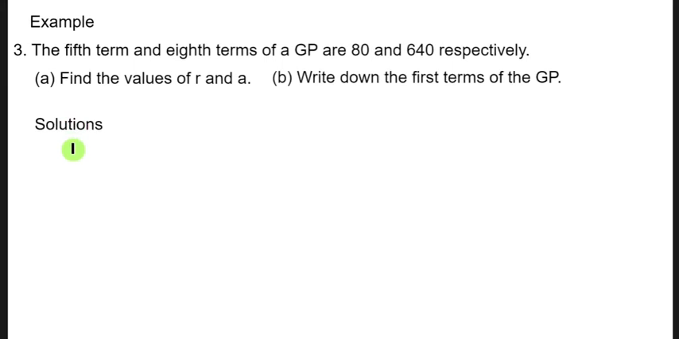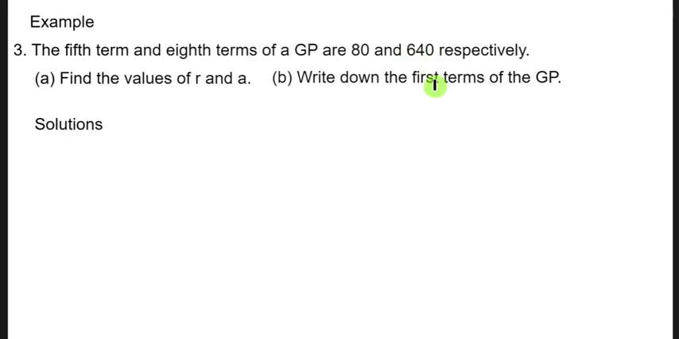So what it is here, guys, is that they want us to find the values of r and a. a is the first term and r is the common ratio. Now, when you check in this question, they're saying the fifth term and the 8th term of a GP are 80 and 640 respectively. Which means when they say respectively, the 5th term is 80 and then the 8th term is